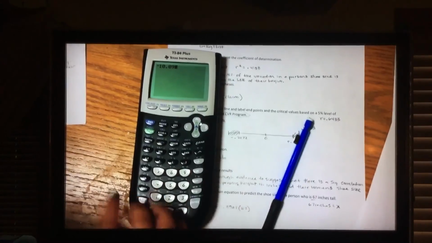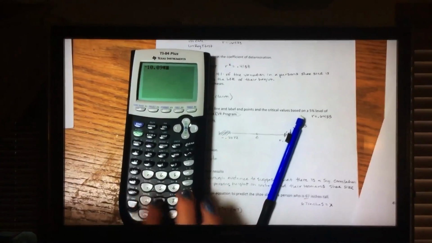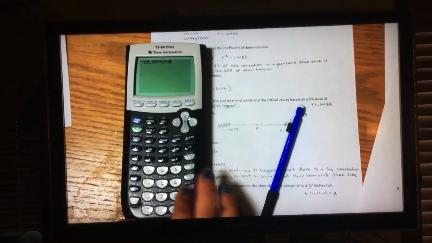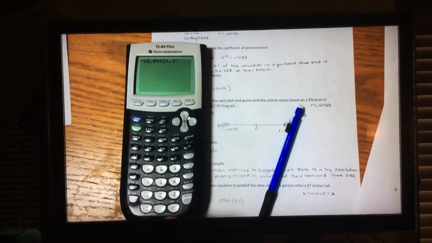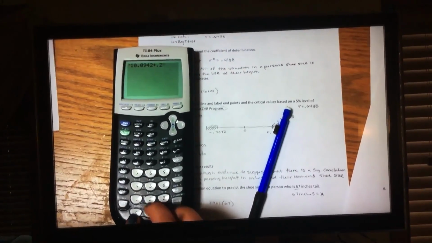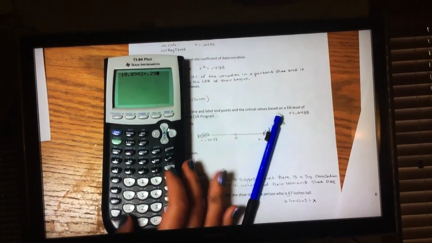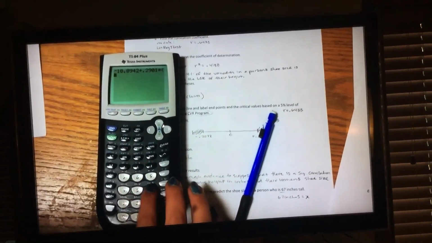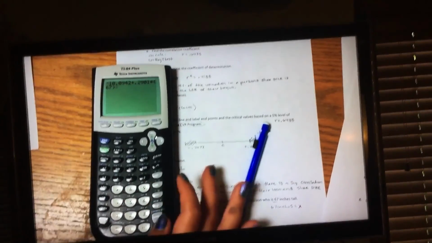So we're plugging that into our calculator, negative 10.0942 plus 0.2901 times 67, and we are going to get a value of